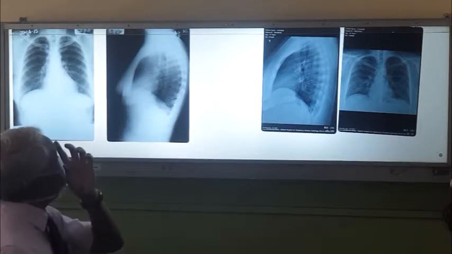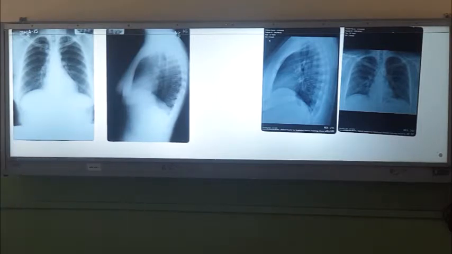Then, before reading, even in surgery, say there is a patient with a road traffic accident having a long bone fracture, you are supposed to do a chest X-ray. Otherwise, you will miss the pneumothorax, okay? And you will give the anesthesia, and the patient will die on the table because of the pneumothorax, right? Then, before reading any X-ray,